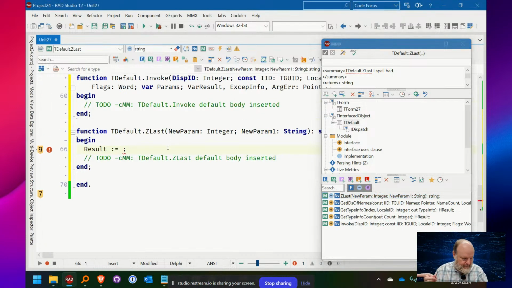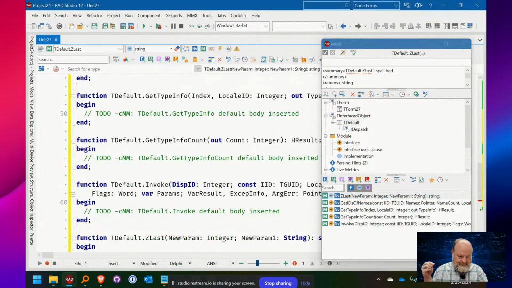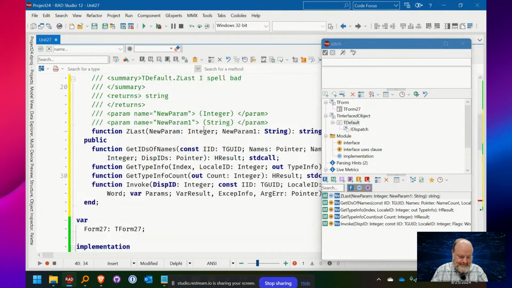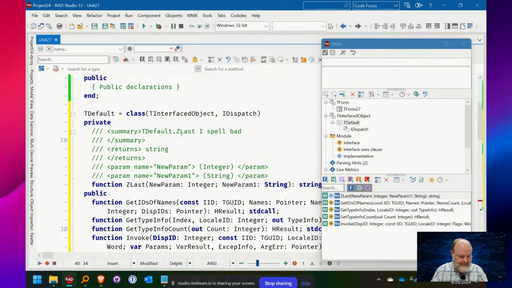And then, wait, it didn't sort the code. Resort here. So there's the documentation. I had this working.